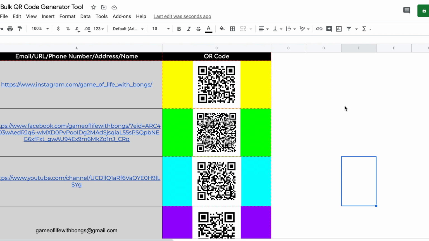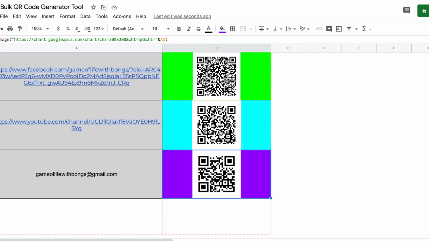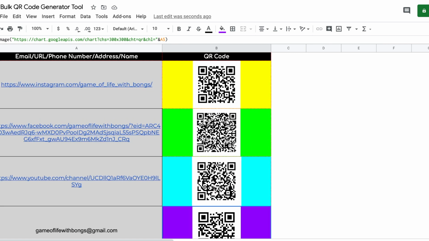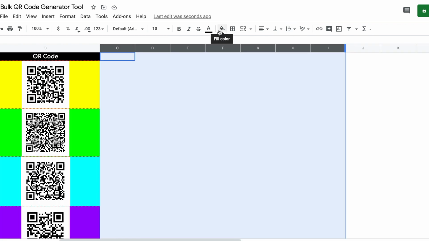Better. I'll do some more formatting and make the other cells black.